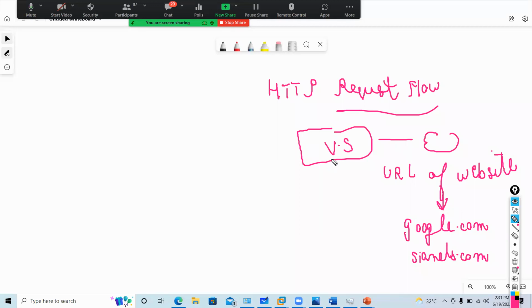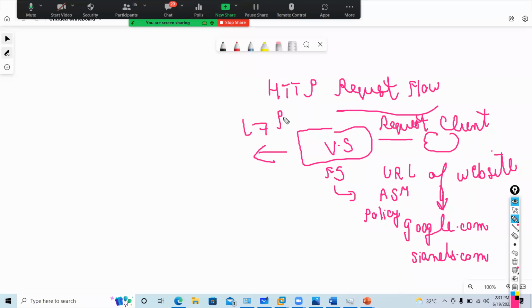Now, guys, when your request comes from the client, which is called the internet, first it will go to the virtual server. Once it comes to F5, F5 will check whether I have an ASM policy. When I talk about ASM, guys, ASM has a layer 7 policy applied to your virtual server. So first, when traffic comes to F5, it goes to the virtual server.